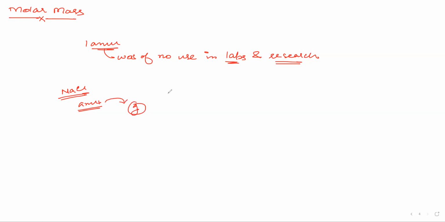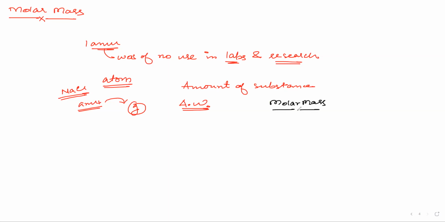Yes, sir. So they said that let us also define, we have defined these things in terms of one atom. Let us also define the amount of substance, okay? Amount of substance. So they said that let us not complicate a few things. We have the atomic weights and the SI unit of amount of substance, we will call this as moles, the SI unit. So this mole is, as we have seen, the SI unit of amount of substance. So they said that, okay, fine. And the mass of that would be known as molar mass.